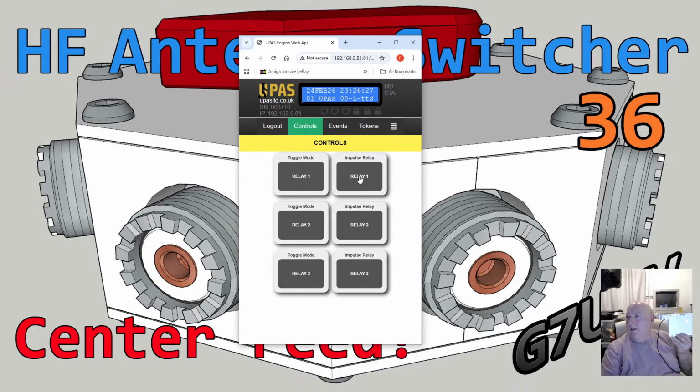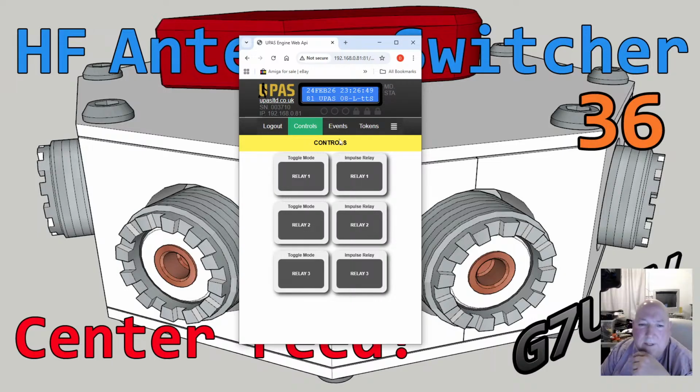Once you're logged in, I've showed you this before. I can click that and you'll see the green light come on. I don't know if you can see the green light, can you? Yeah. Green LED, so it's switching the relay, you can hear it clicking. So anyway, that's the basis of that.